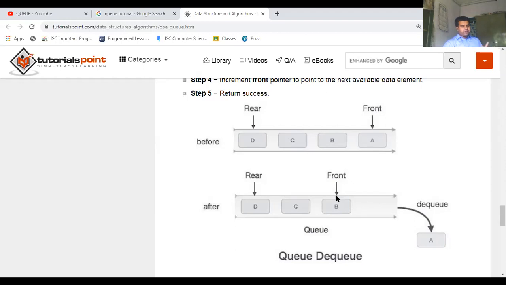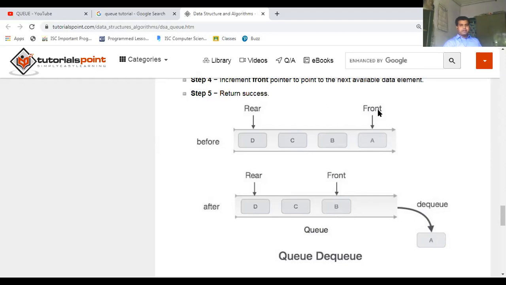How? The front pointer will move by 1 to indicate the second value as the front of the modified queue. I repeat again, what happened? We move the front pointer by 1 so that it becomes the pointer of the second value of the queue.